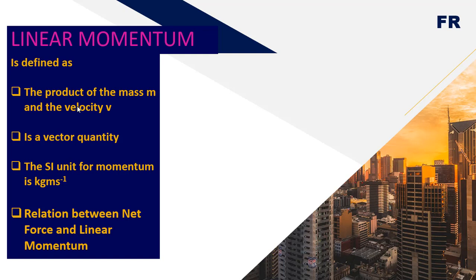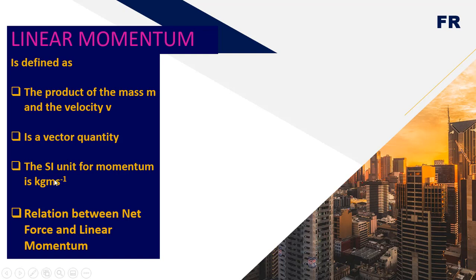Velocity is a vector quantity, so mass times velocity will produce a new vector quantity called linear momentum. So from the formula of linear momentum, P equal to m times v, we have the SI unit for momentum, that is kilogram